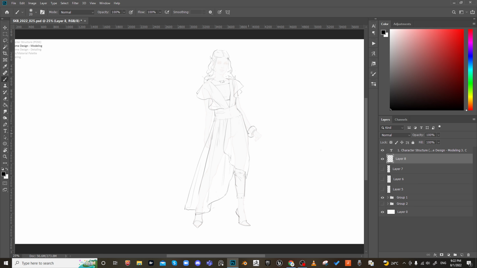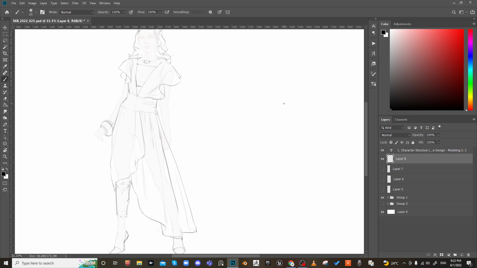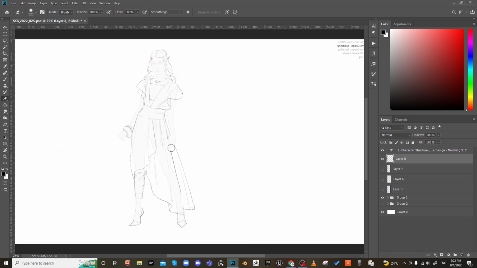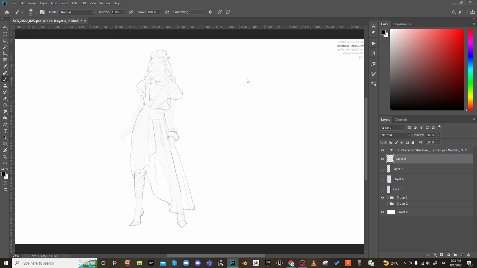Flip that ellipse, because the hand is actually facing towards us. This hand's going to be in front. I'm just going to erase that out. Chunky bracelets on this side. No chunky bracelet. Anyways,